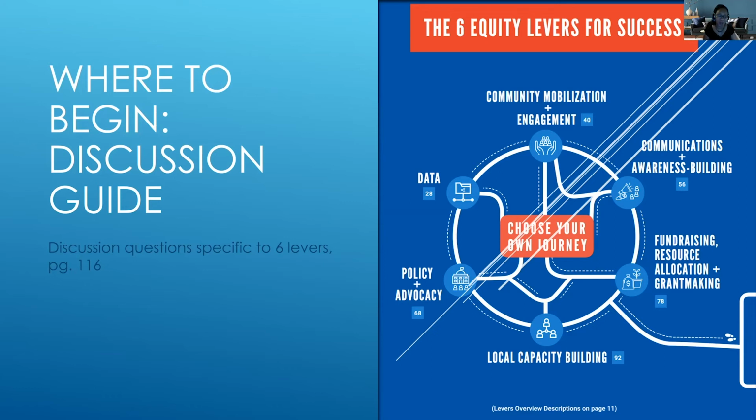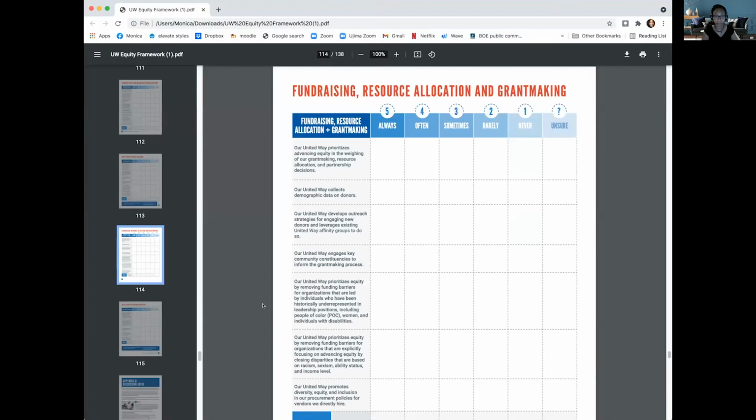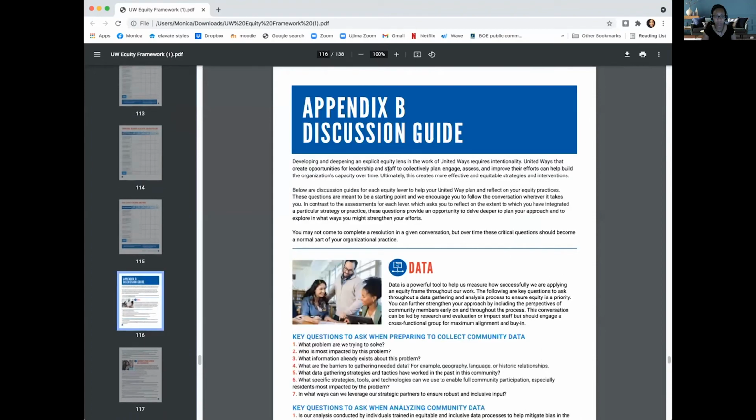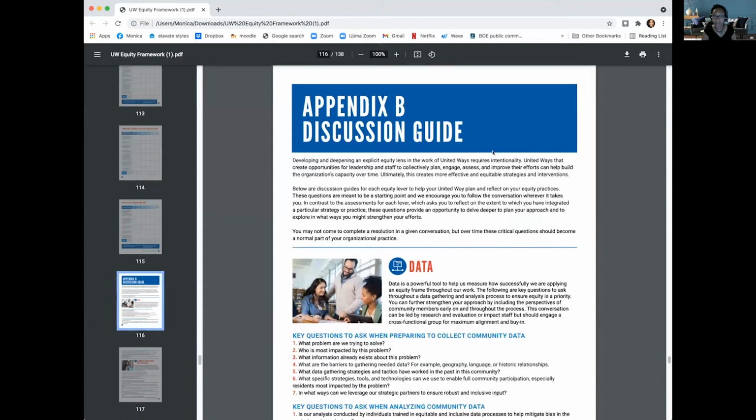So you'll get into discussions, and for the purposes of the United Way, they have developed a very good model that they've incorporated within their framework that allows for committees to be able to initiate certain discussions, and even more specifically related to your committee. And that starts on page 16. So let me show you what that actually looks like. It's going to be found in Appendix B.